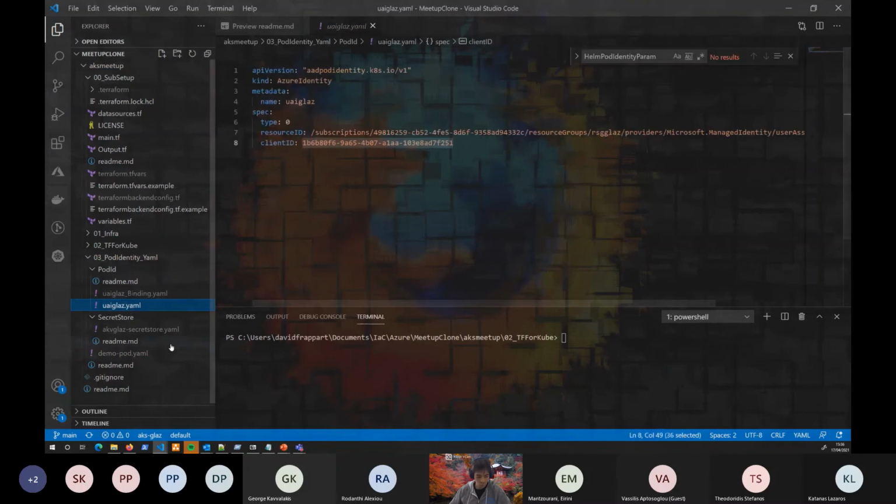And I already showed you that this identity in the Azure control plane is granting an access policy, sorry, to read my secret.